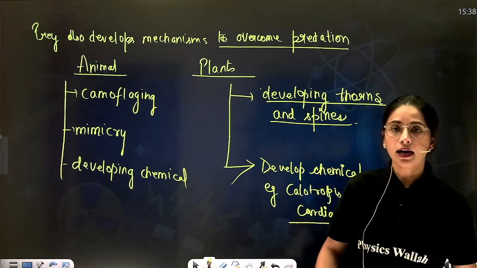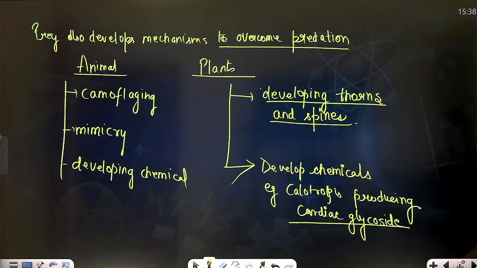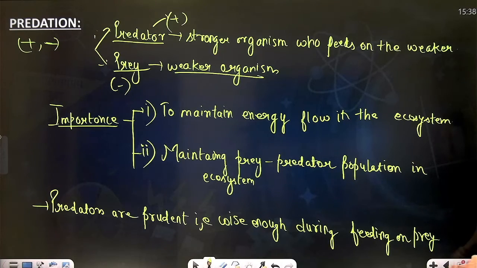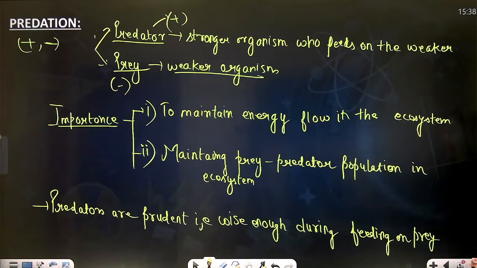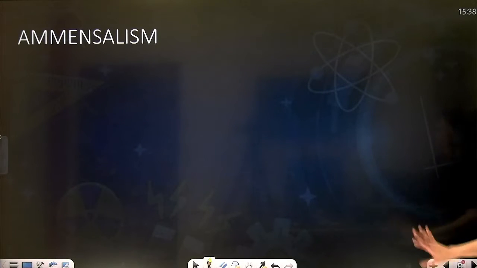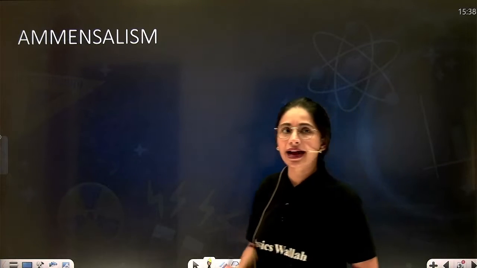Correct? Understood everyone? Okay, very good. So this is about predation, which you have to remember. I hope parasitism is clear. Then predation is clear. Now moving towards the next, first let's do this small topic, the smaller interaction, which is